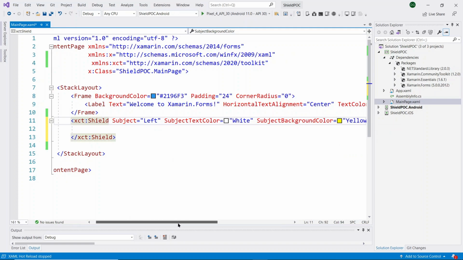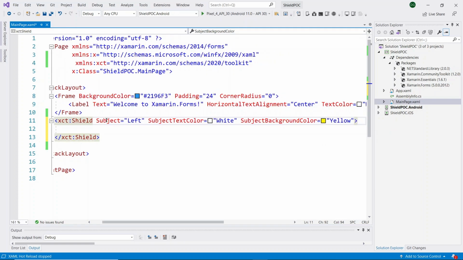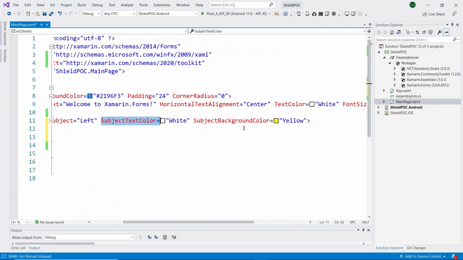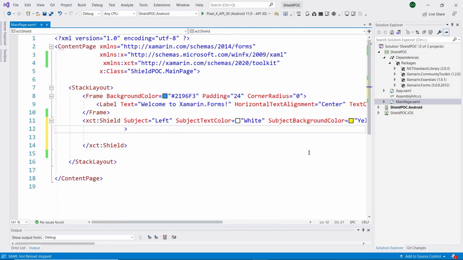So with the help of this subject we can give the left side section text, the subject text color is used for the left side section text color, and the subject background color property is used for the left side section background color. Similarly we need to give the right side section related properties.